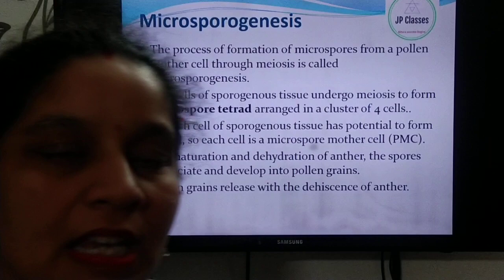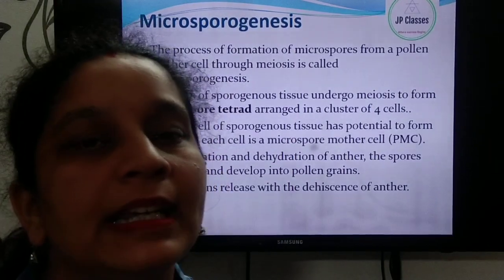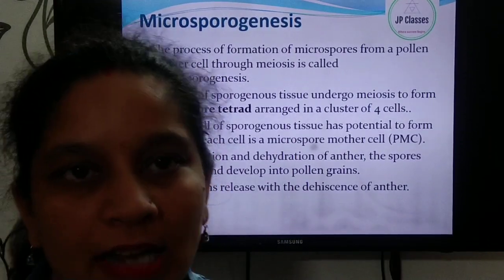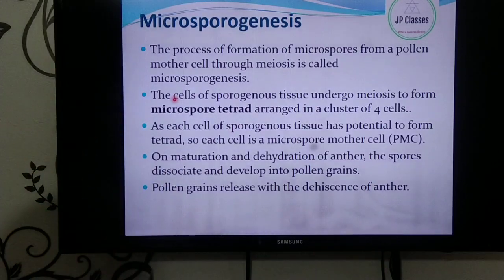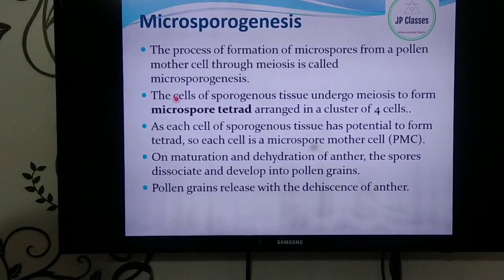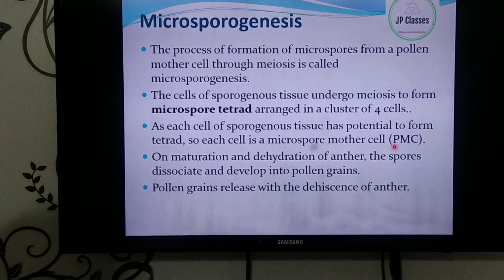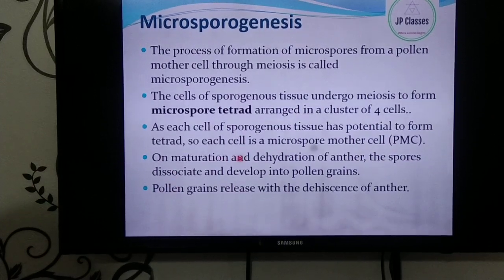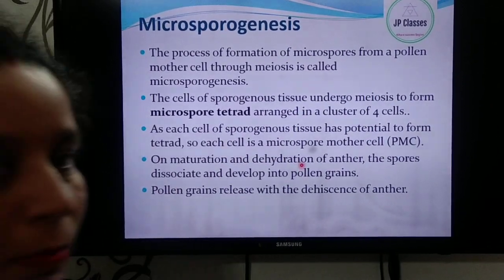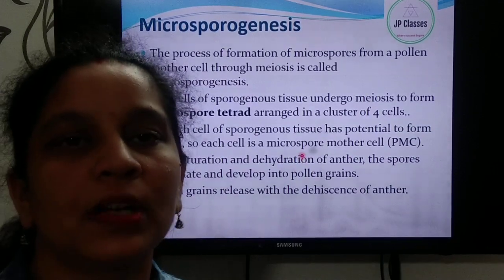Sporogenous tissue की each and every cell के पास वो capability है कि वो एक pollen mother cell की तरह act कर सकती है. That's why they are also known as the microspore mother cell. On maturation and dehydration. Maturation तो आपको पता है कि वो mature होगा. Dehydration का मतलब मैंने भी बताया था,